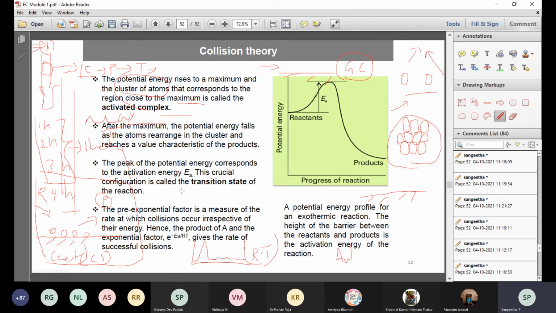Getting back to the collision theory, anyway, in the catalysis part, be aware of it. Yes, student? Ma'am, apart from the PPT, you also uploaded your notes, right? Yes, Aditi, I have uploaded the PPT and notes for two topics in a Word document. Okay, ma'am. Refer to that, and problems I will do now.